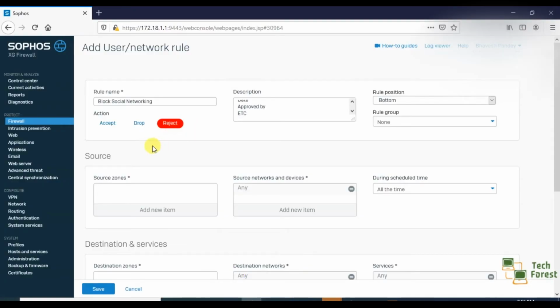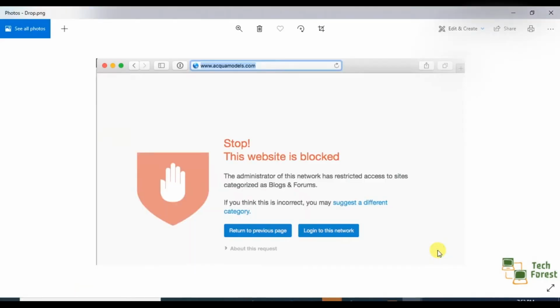And if you select the drop option, then it will show a warning message like this website is blocked by your administrator. So this is only a minor difference between drop and reject.